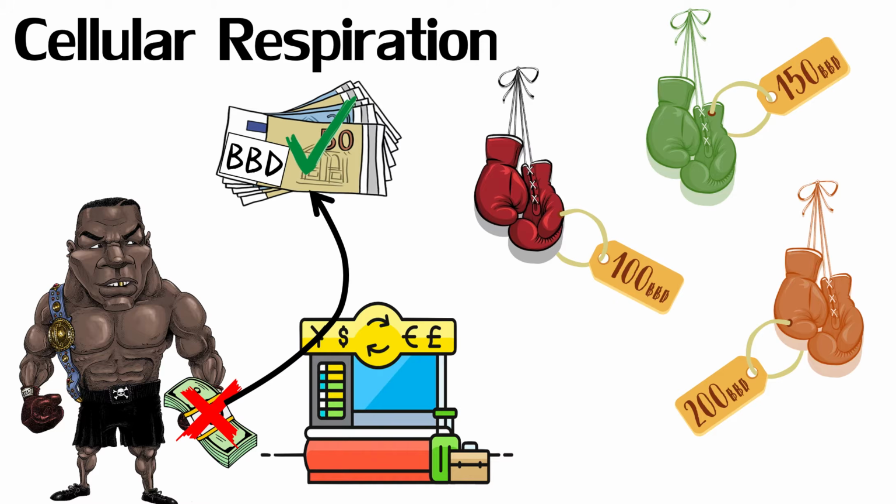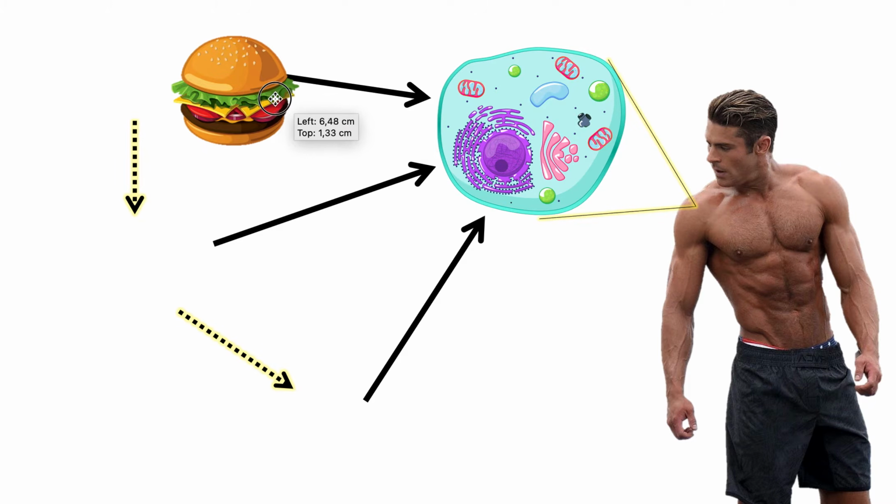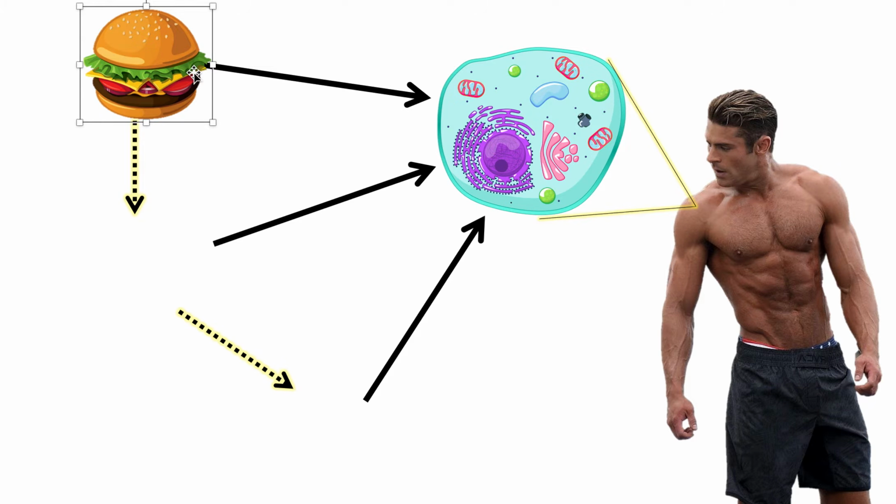Because our body works very, very similarly. Let me show you. So when we eat, let's say, what's your favorite food? So for mine, I love burgers. So let's say we eat burgers. When we're hungry, we eat burgers because we need it, because our body needs it for energy, right? Otherwise, we'll die. Now, interestingly, this burger is technically not the correct currency for our cells. This burger is way too big. It will never fit into our cells. Our cells can't use the burger as a whole as energy. It's the wrong currency. Just like the dollars were the wrong currency when Mike Tyson tried to buy the gloves.